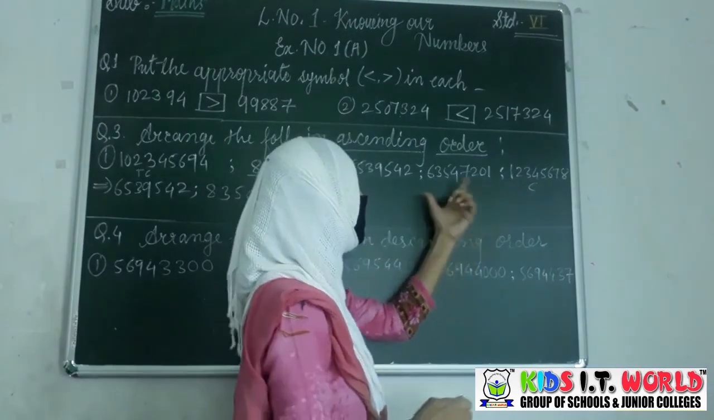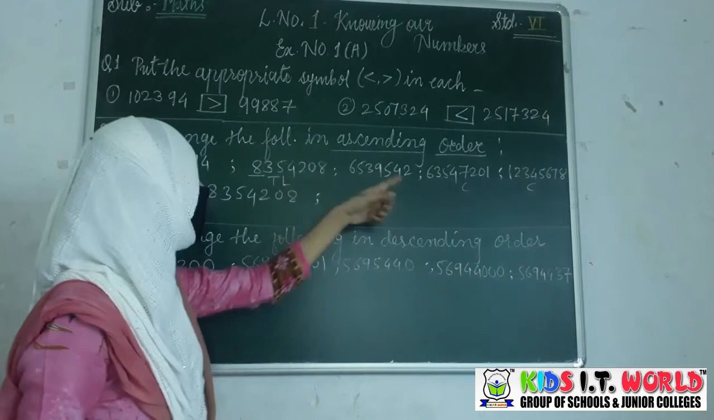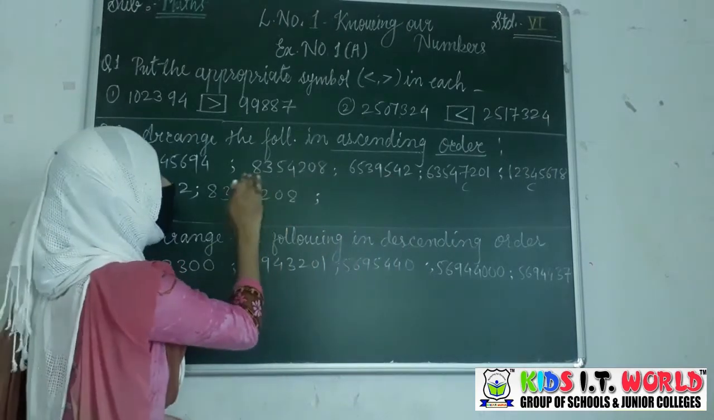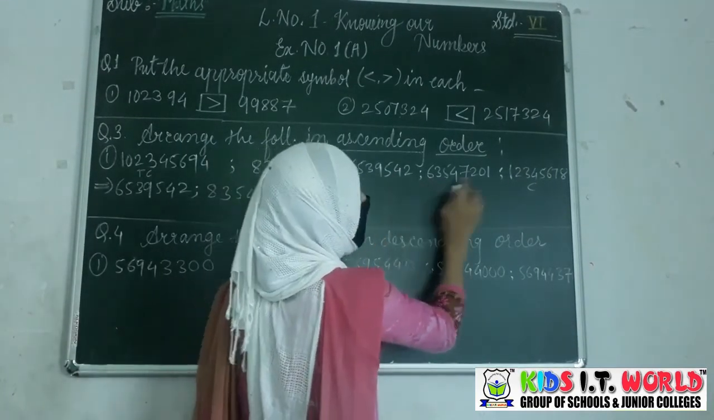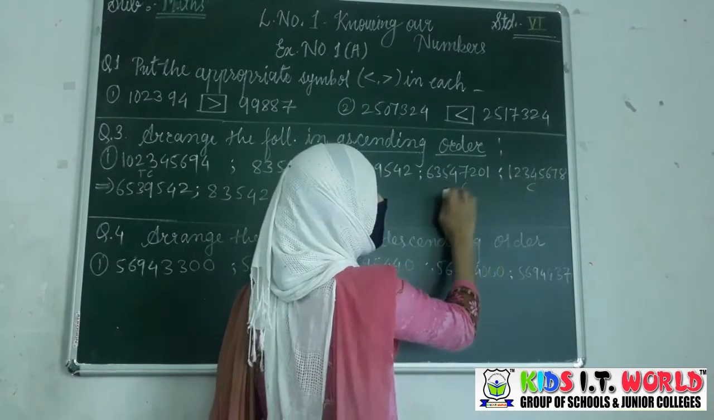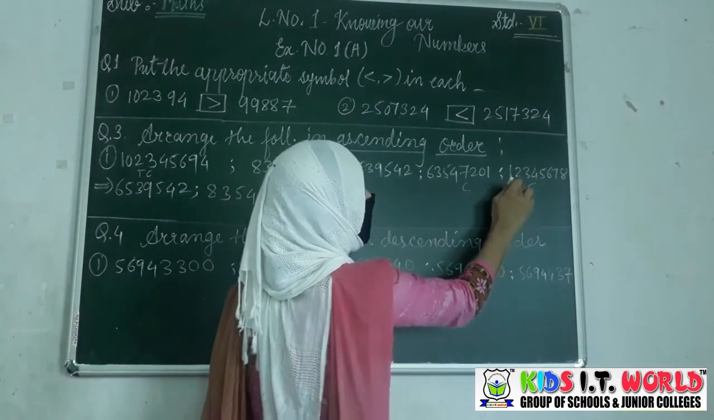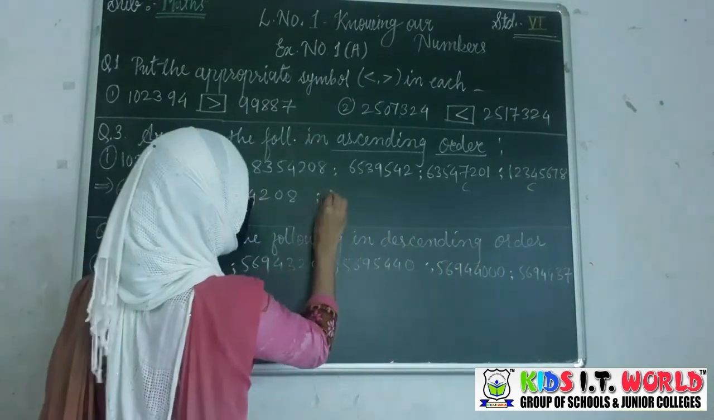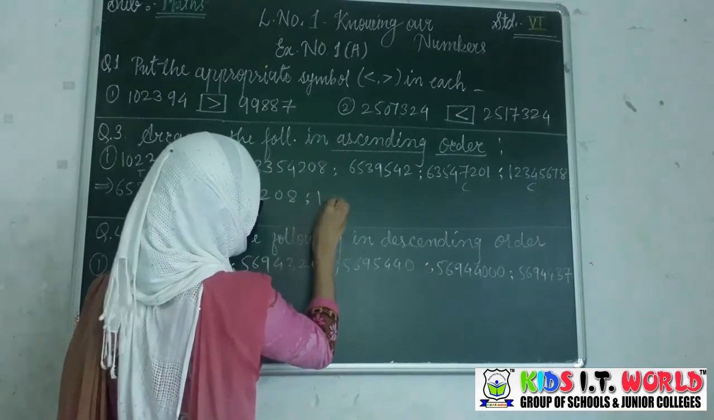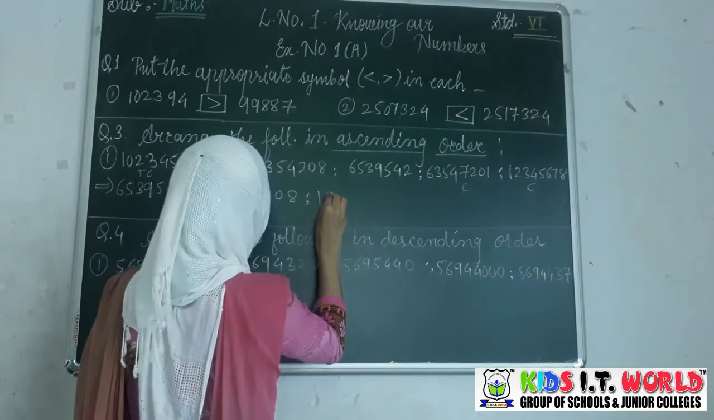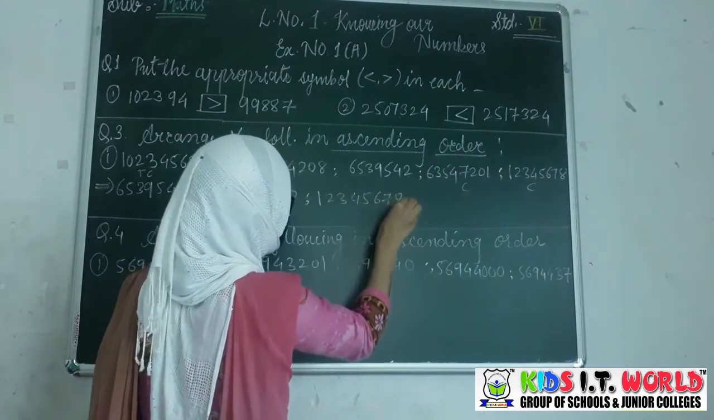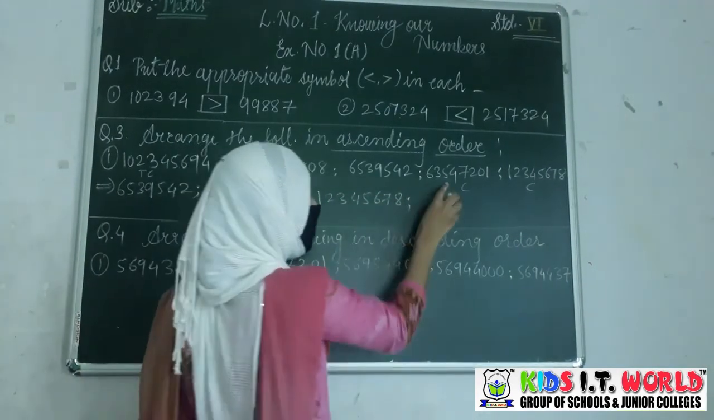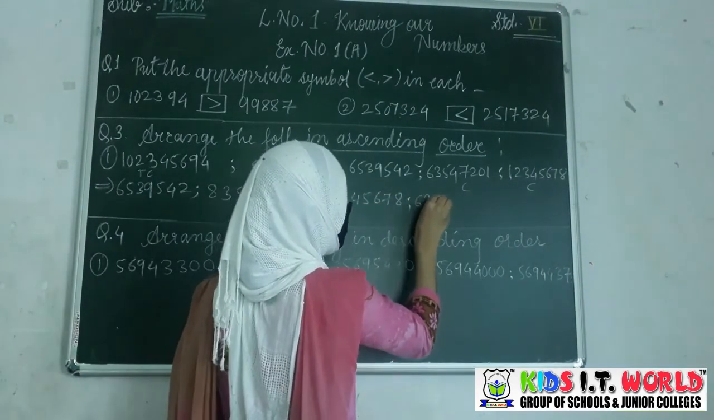Now we have to see which is the smaller number than the 10 lakh here. So from these 2, which is the smallest number? This is starting from the 6 crore and this is starting from the 1 crore. So which number is smaller between these two? This one. So this we will write on the third position. It is 1 crore 23 lakh 45,678. And next one will be 6 crore 35 lakh